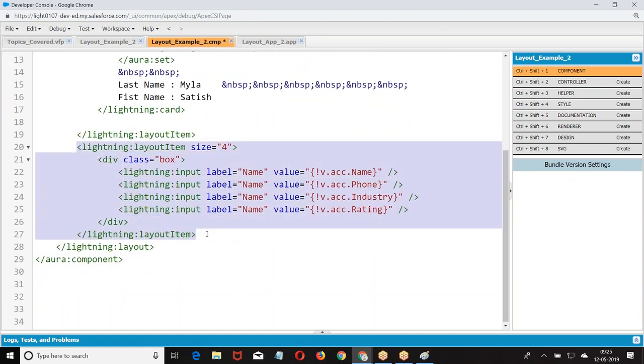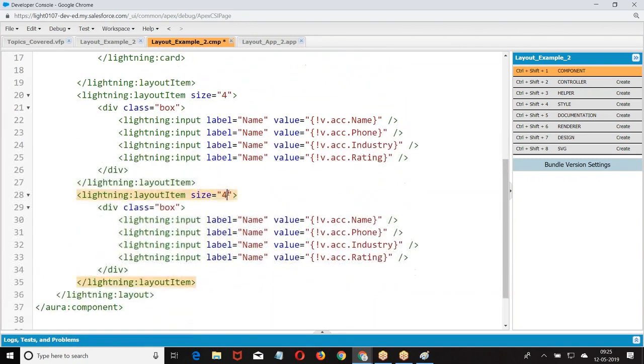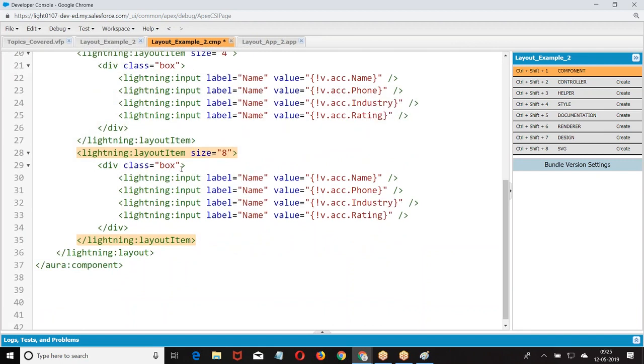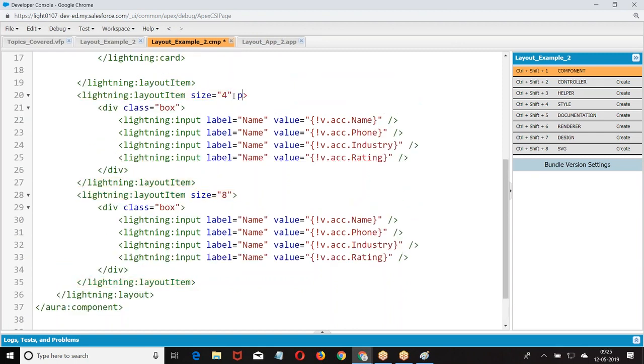Now let me create one more layout item where the size equal to 8. Now I got the second row, I took 4 and 8.